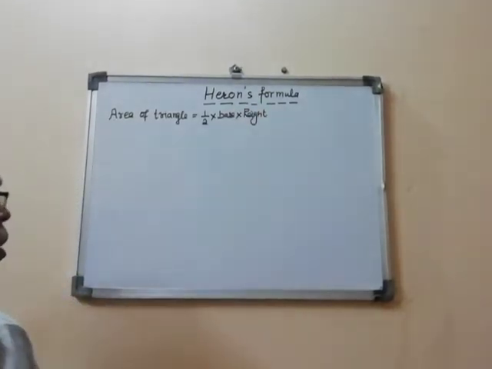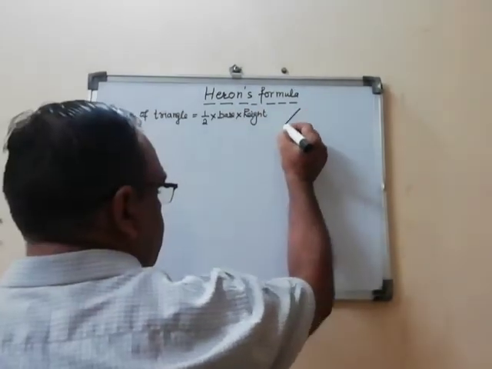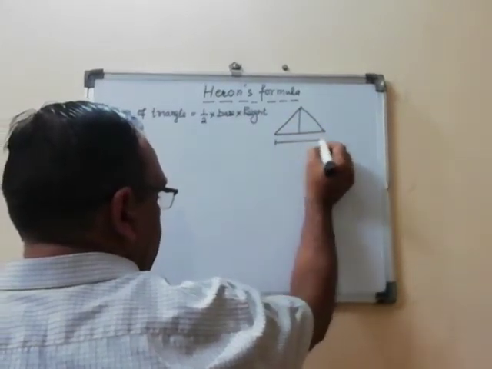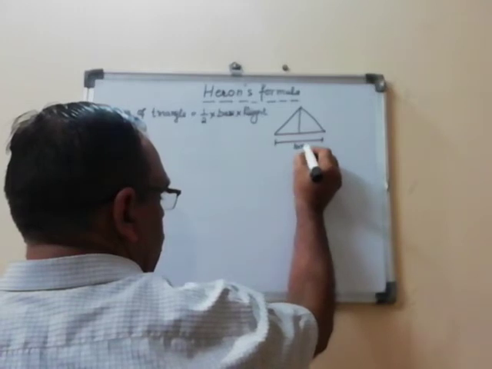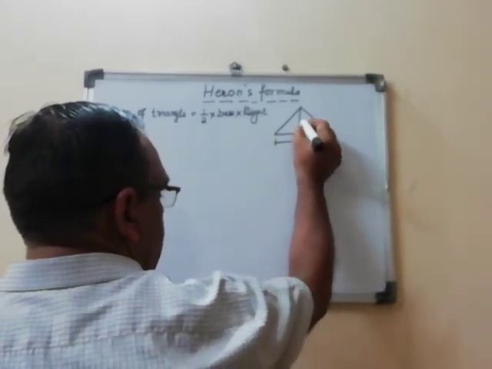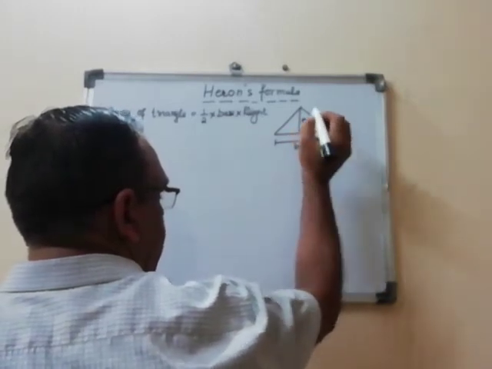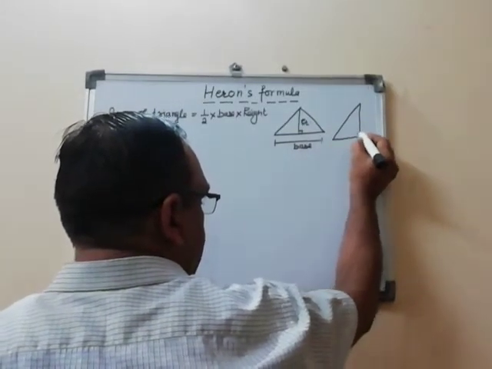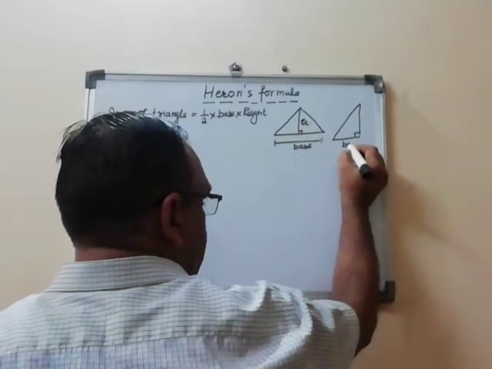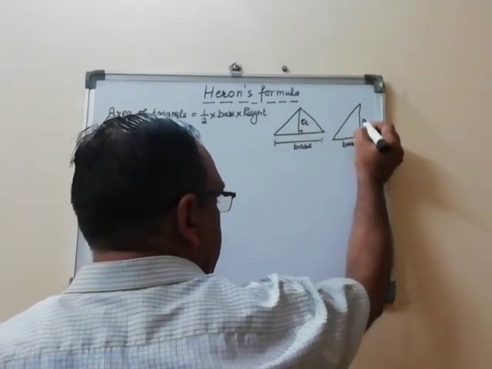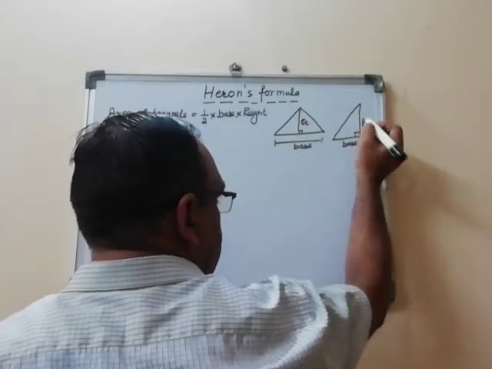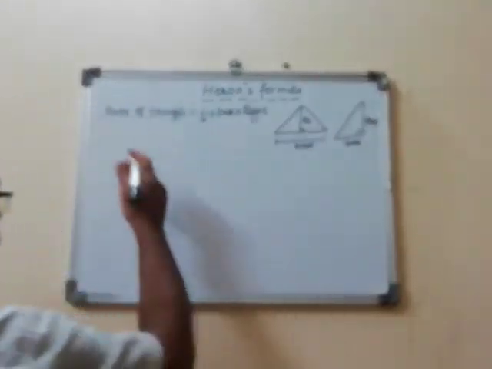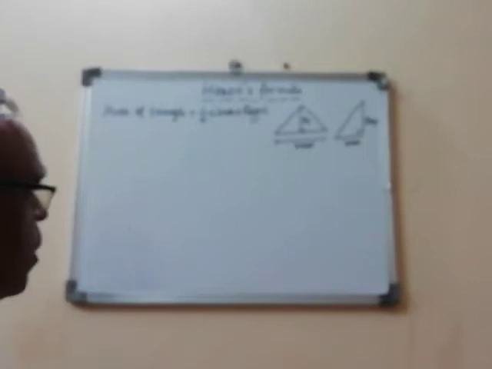Okay, suppose this type of triangle is there. This is the base and this is the height, and a right angle triangle is there. In that, this is the base and this is the perpendicular, that is also height. So half of base into height is the area of the triangle. But sometimes,